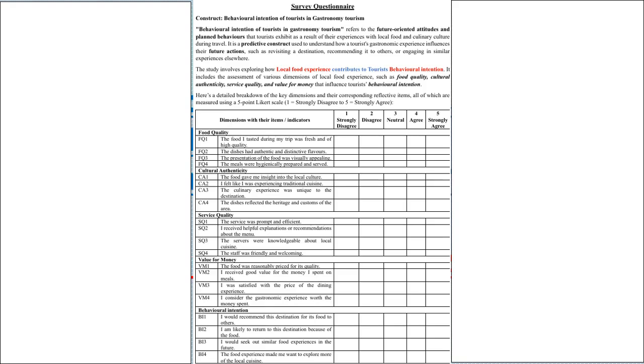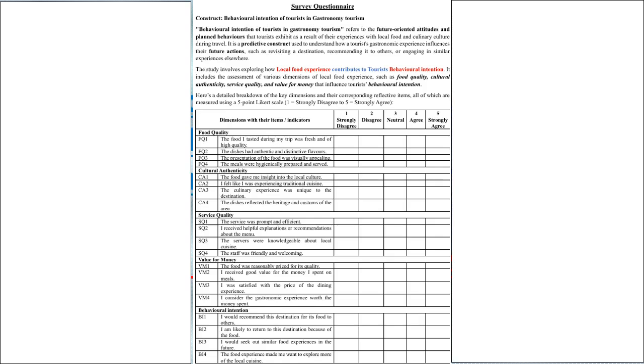So, we have a definition of behavioral intention of tourists in gastronomy tourism, which refers to the future oriented attitudes and planned behaviors that tourists exhibit as a result of their experiences with local food and culinary culture during their travel.